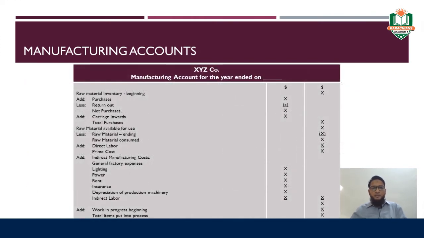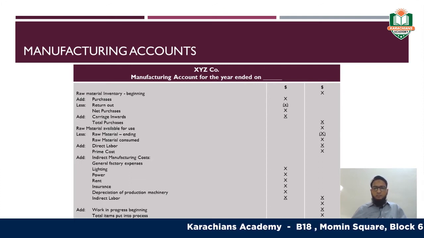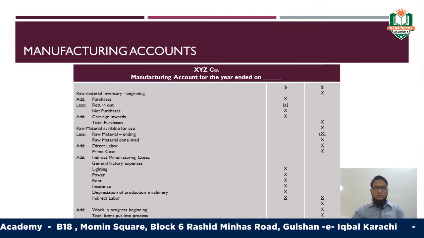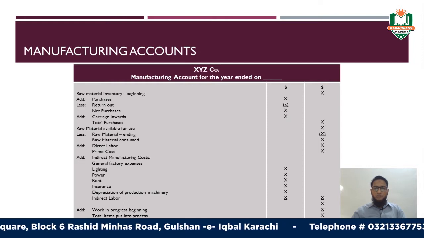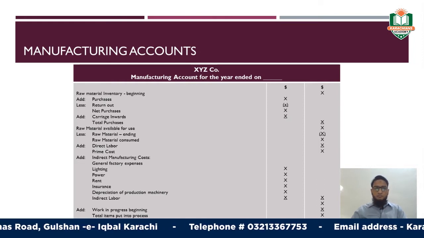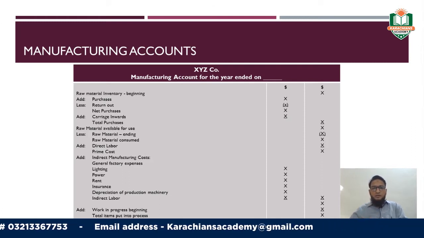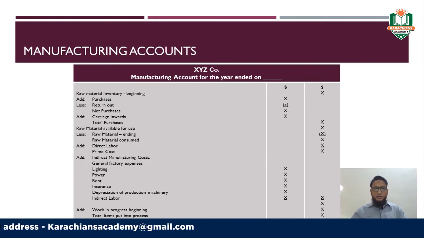Now we are moving towards the format which must be produced or drawn before preparing the P&L account or the income statement account, right? As the manufacturing company does not know its cost of goods manufactured, they are not trading organizations, they are producing or manufacturing the goods on their own. It means they have to calculate their cost of goods manufactured on their own, right? Therefore